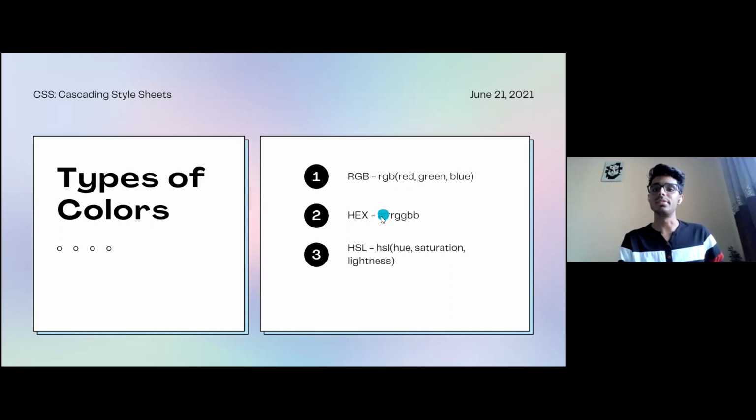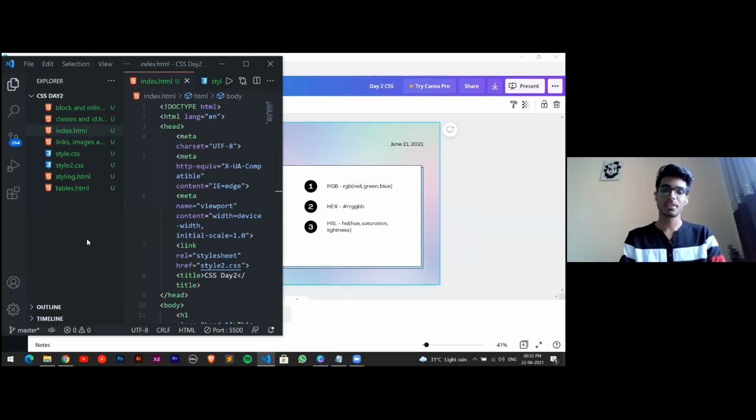For hex, we'll use a hashtag and provide the hex code of red, green, and blue. HSL is hue, saturation, and lightness, where we provide a particular percentage value so that we get our colors. I'll just show you the hands-on over here.